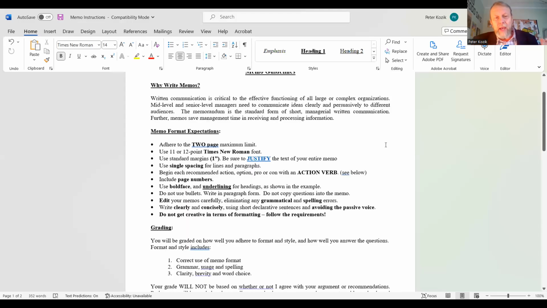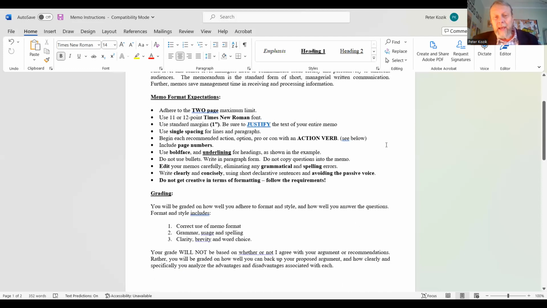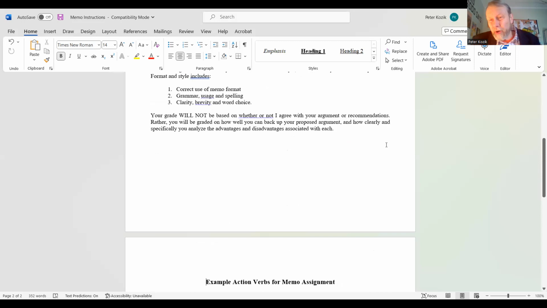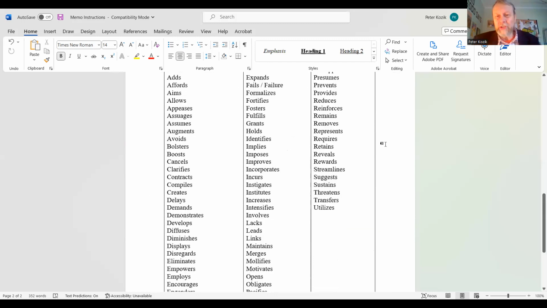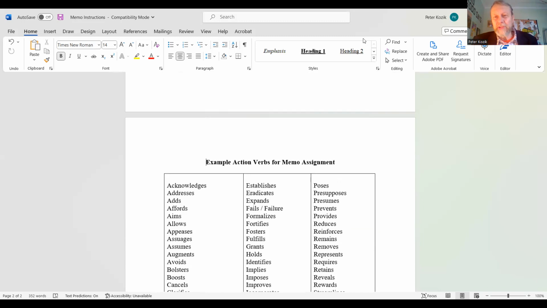I've also set in some writing instructions for memoranda, and hopefully that can kind of help you think about the specifics of formatting, what kinds of things might be important as far as the grading is concerned. And again, you're using active verbs throughout. You're using subject predicate kinds of formations in your sentences. So here are some ideas as far as that's concerned. I've also used an example of a memorandum that might be helpful for you that I've included in that memorandum folder that you can take a look at.